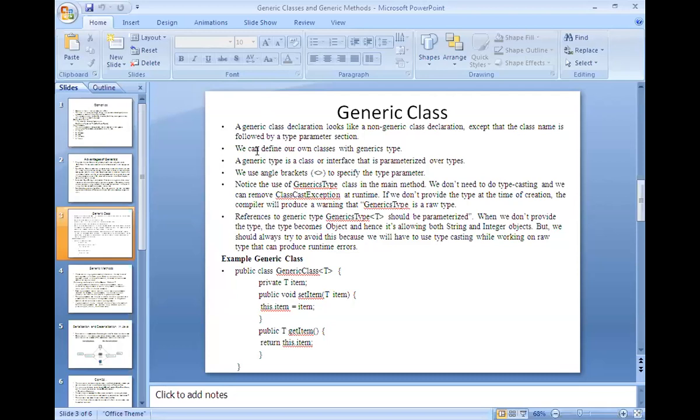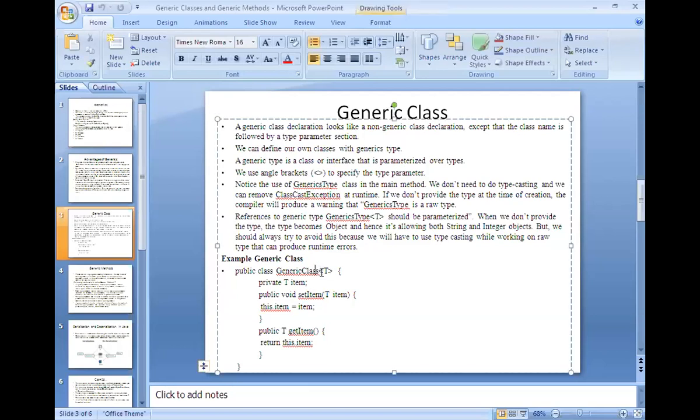The class name is followed by the type of data it is going to hold. That is the only difference. You can observe here T, which is present in the angle brackets, which is not present in an ordinary class, but in the case of a generic class it should be present.